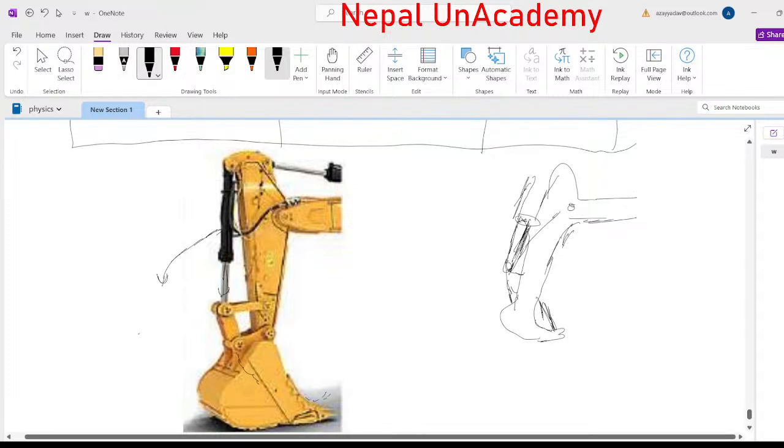This will apply pressure in the downward direction, and this will help to move downward, and this backhoe will dig the ground. This is all because of the pressure